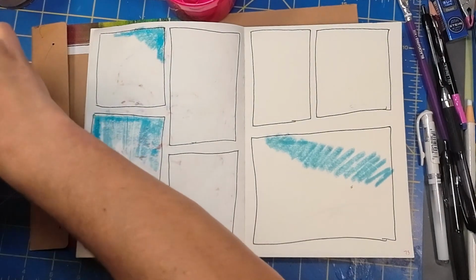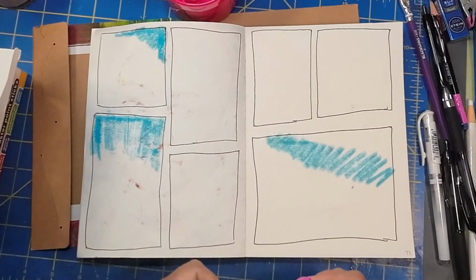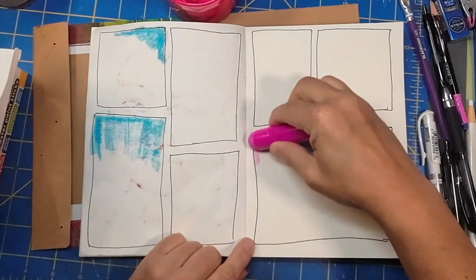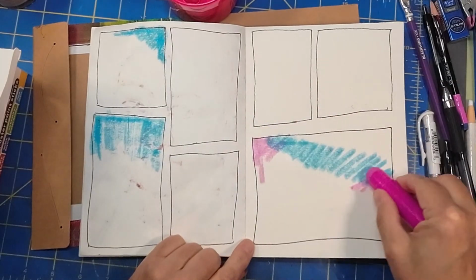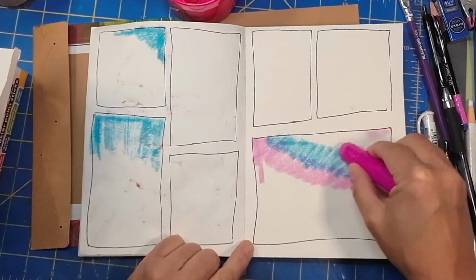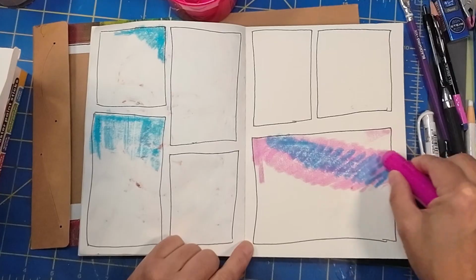So I'm attempting a comics page here about a day in the life. So I'm just kind of going through with these sticks and adding some color in. I'm thinking about skies as I'm doing this, so I'm doing some sunset colors over here on the right hand